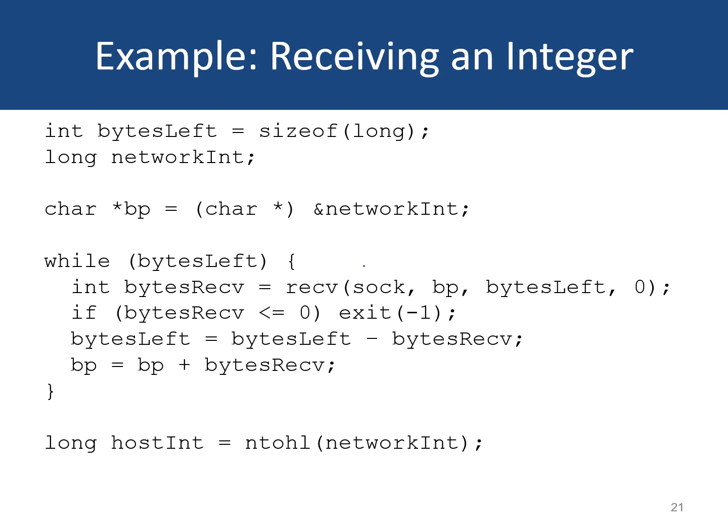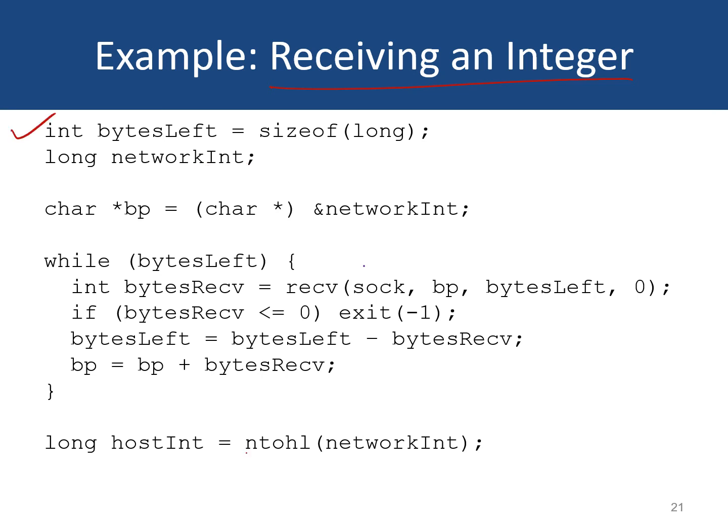This sample code illustrates how we can receive an integer from the network. Again, we will be making several calls to the receive function inside a while loop until all the expected bytes of an integer have been received. This logic is very similar to what we have already seen in one of the previous examples, where we were receiving a message by iteratively calling the receive function several times inside a while loop. The main difference here is that instead of retrieving a character string, we are retrieving an integer from the network.